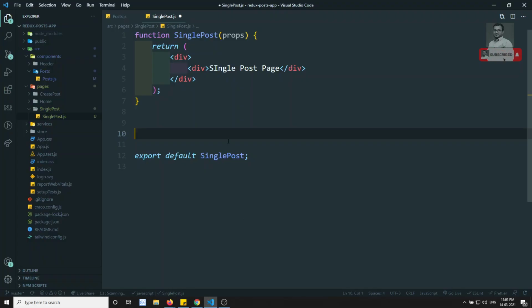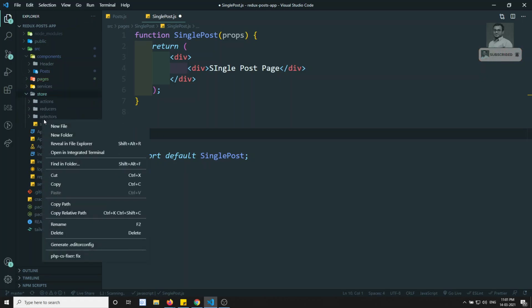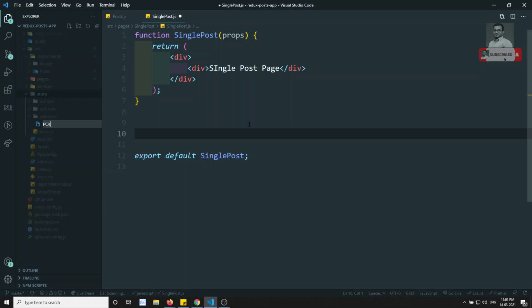So what can we do? We need to use the selectors. That is also what we are saying. So we need to match the data which is coming from the props. So we need to access the props in the selectors, as we have already seen in the previous video, how to access the props using the selectors, right? So let's go to the selectors and first design them. Here in the store we will create selectors, and here I will be creating a file, nothing but post selectors.